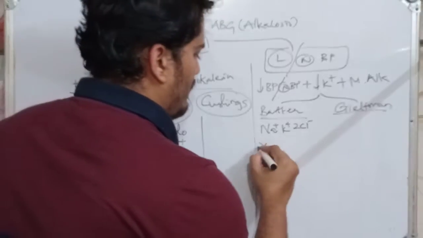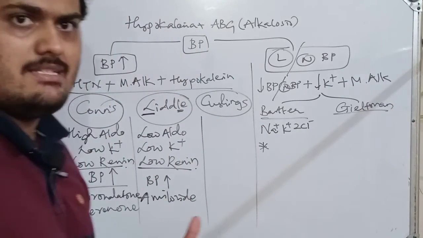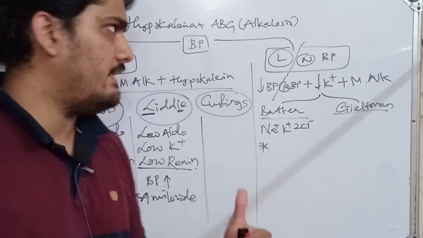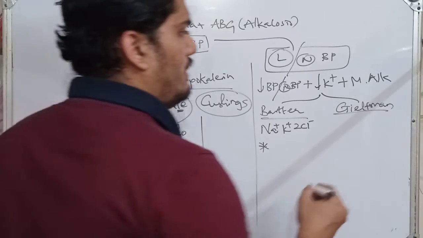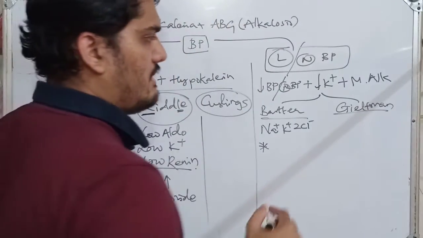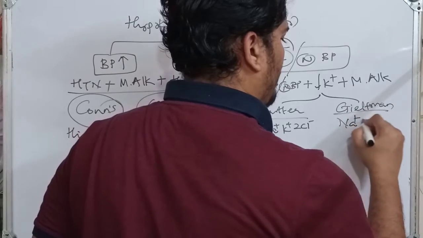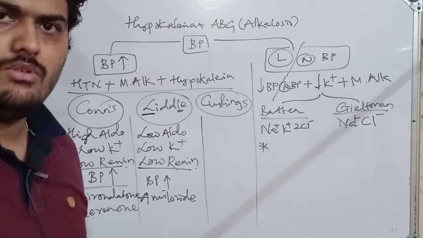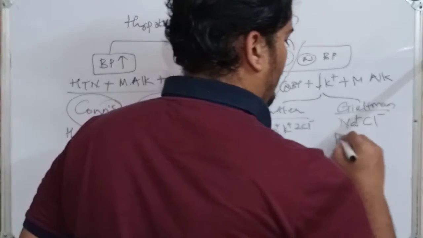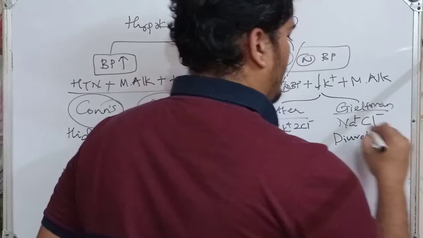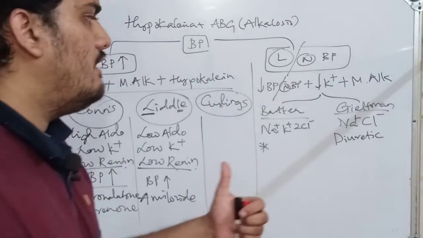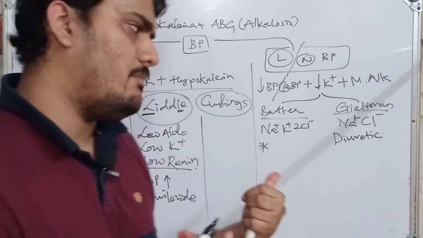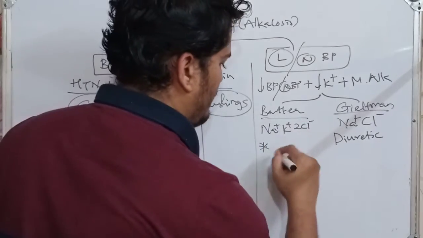So since the sodium, potassium and 2-chloride channel is not active here, potassium is lost like anything, leading to a hypokalemia situation. Coming to Gitelman syndrome, which channel is defective? Here the sodium chloride reabsorptive channel of the later part of the DCT is defective. So here it acts like a diuretic. So if your diuretic is excessively active or excessively given to the patient, the clinical spectrum will be like Gitelman syndrome.